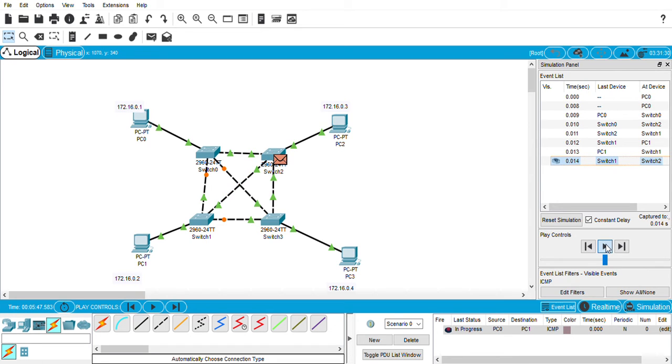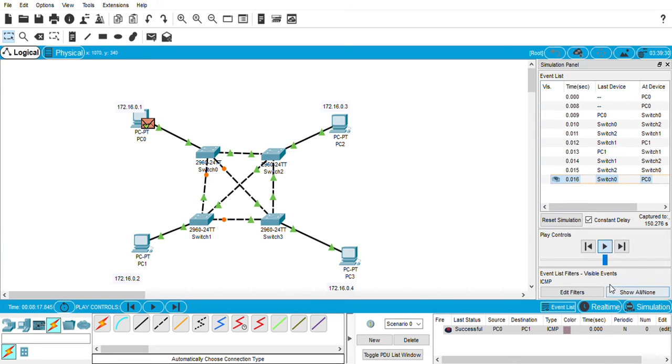From switch 1 to switch 2 and switch 2 to switch 0, and it reaches the end device PC0. Okay, the packet was sent and the acknowledgement went back to the end device.